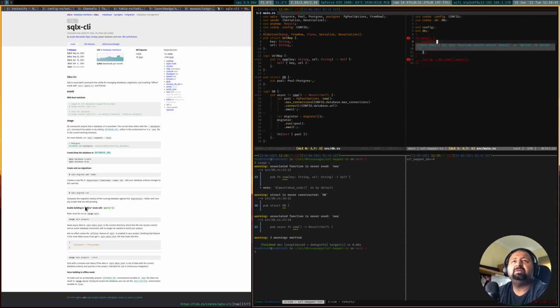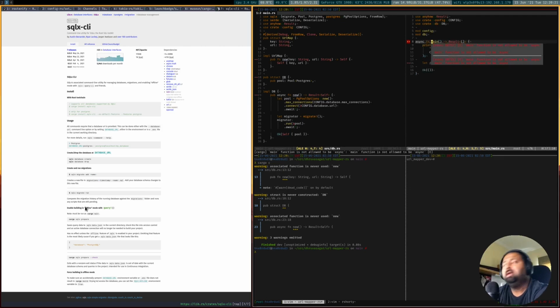Another thing, of course, is that we are not yet actually using the Tokio runtime, and in order for us to do that, we have to declare our function as an asynchronous main. Now, in a typical Rust application, a main function needs to be present.